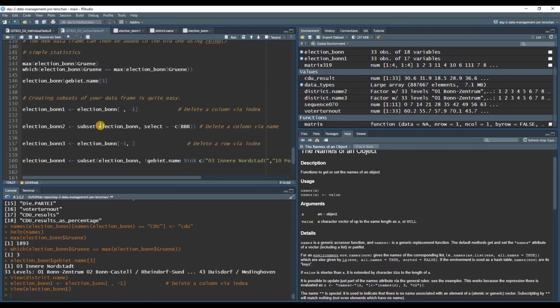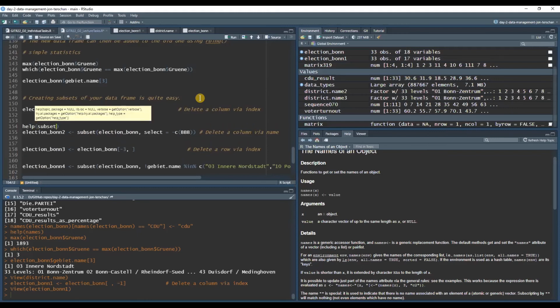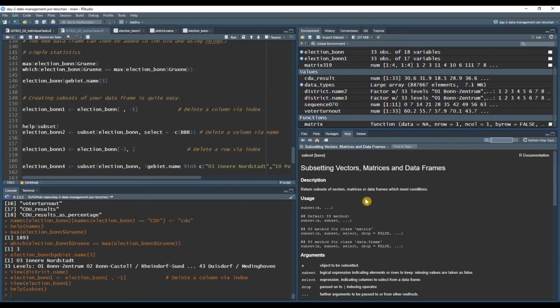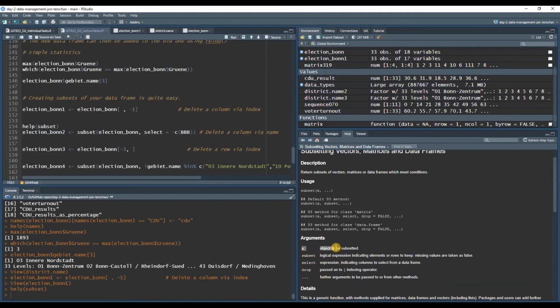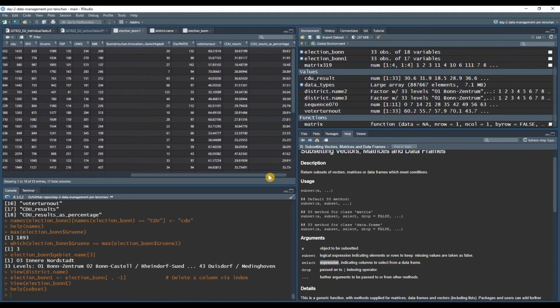which is using the subset function. That's exactly what Ken talked about before. You can subset using the subset function. I'll open the documentation for subset. Subset requires as arguments an object that you want to subset, which is your data frame, Election.Bonn. And then you select what you want the subset to be based on. In our case, we want to delete the column BBB, which stands for Bürgerbund Bonn, which is this one local populist party here. And if we want to delete that,